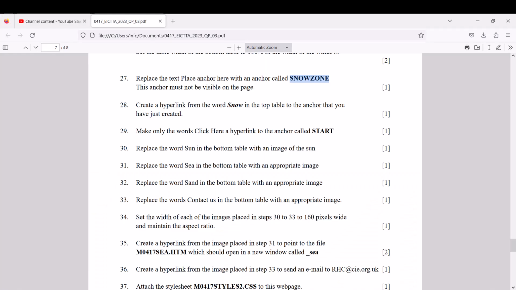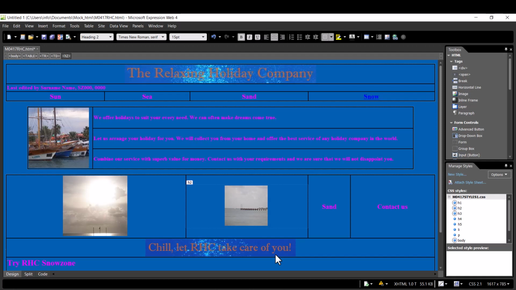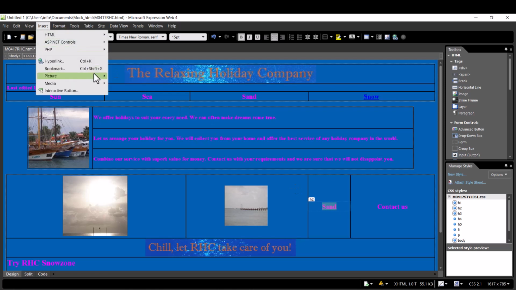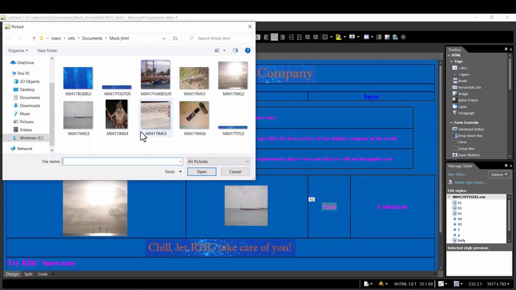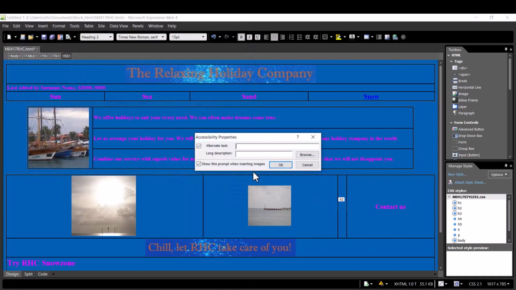And then the next instruction, okay, 32 and 33 says we replace the word send with an appropriate image and also contact us with an appropriate image. So let's do 32 and 33 together. So we'll get to here, send. We highlight, we say insert a picture from file, and then we need to find the image of the send. So here it's the send on the images. We say insert, alternate text send image,